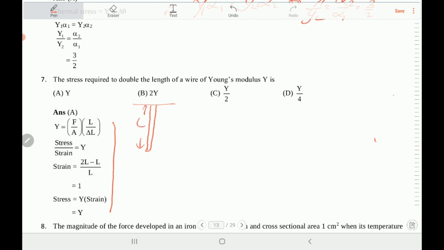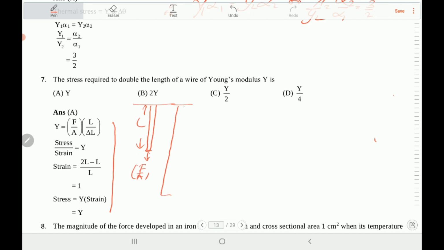This is what you have to think. What is the stress required? Where do you apply stress? You apply stress like this. Force per unit area is stress. You are applying force per unit area over here. When applied, the length of the wire increases